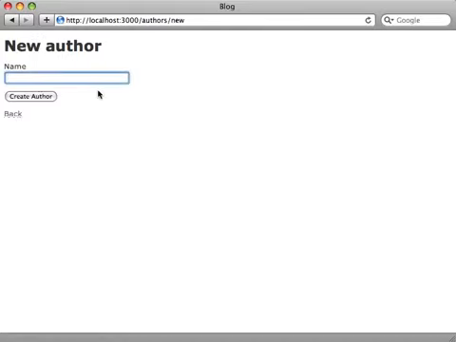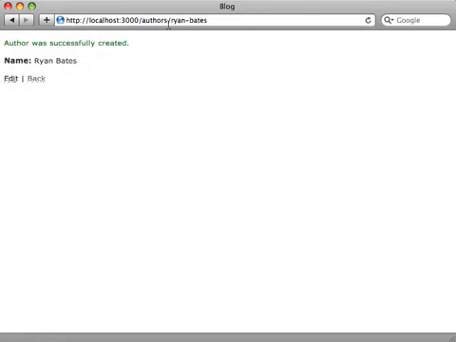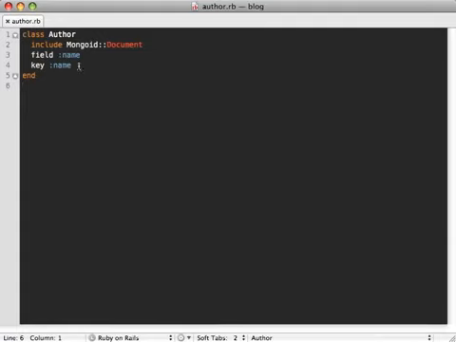So let's create a new author here, call him Ryan Bates, and notice that in our URL here, we automatically have Ryan Bates as the ID. It automatically parameterized it for us. So that works really well. You'll just want to make sure that the field that you use for the key here is not editable, so that it's a permanent string that doesn't change throughout the life of the document. Okay, now for associations. Here we just say author references many